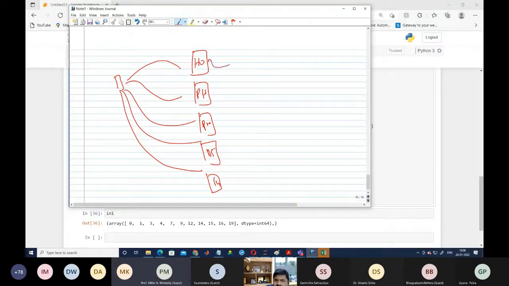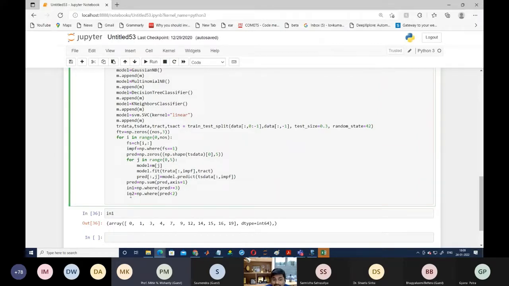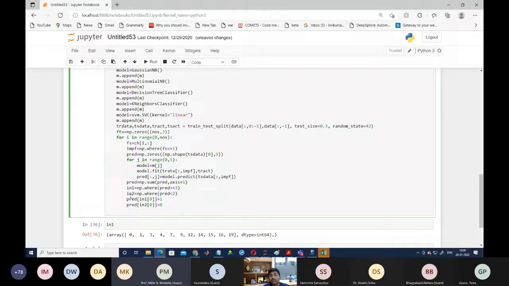Now assume that the HOD is saying yes, you will get it because you have a good CGPA and good performance. The placement division head is also saying 1, the professor is saying 0, the assistant professor is saying 1, and the 4th year student is saying 1. Definitely this student will consider that I will get the dream job because the majority are saying so. Now you can see we are doing the same here. If at least 3 models are saying that we will get the dream job, then we consider predict of in1 equal to 1, and then we write predict of in2. If less than 3 are saying so, then we consider it as 0. Now we got the predicted value.